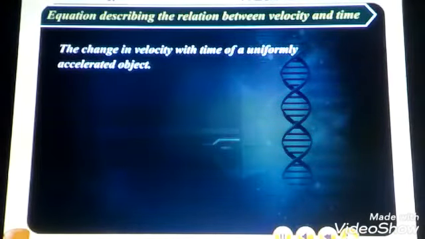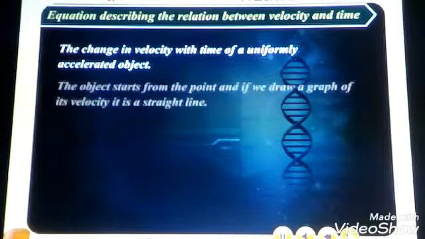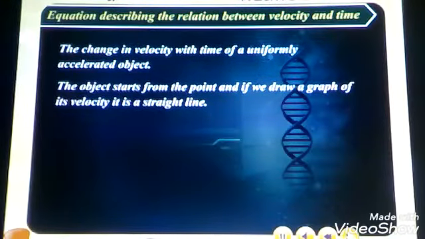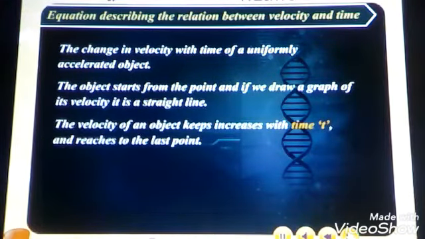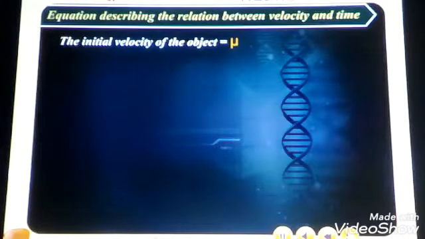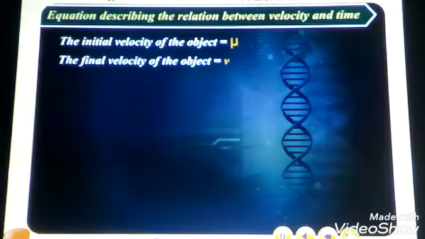Let us derive all three equations of motion given by Newton. The change in velocity with time of a uniformly accelerated object: the object starts from a point, and if we draw a graph of its velocity, it is a straight line. The velocity of the object keeps increasing with time t and reaches the last point. The initial velocity of the object is u, and the final velocity of the object is